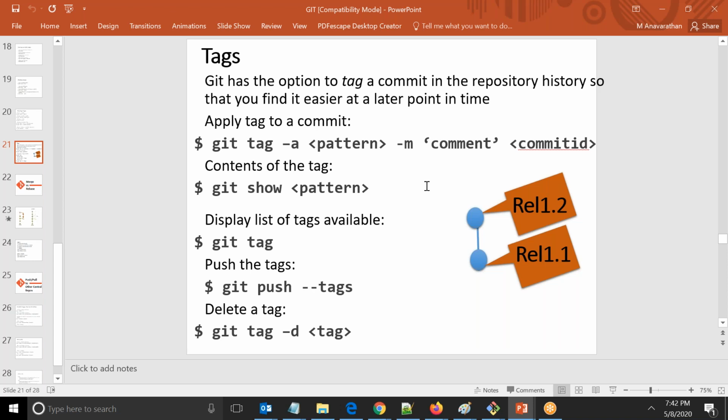So that by looking at the reference name, you will be able to get the details of the commit ID. So we don't have to remember the exact commit ID. Okay, so that's how, based on your need, you can go ahead and apply a pattern or a name to a tag. So now the next question comes,